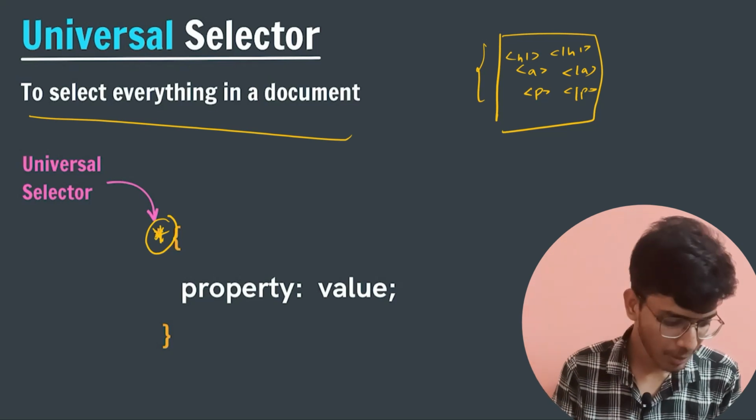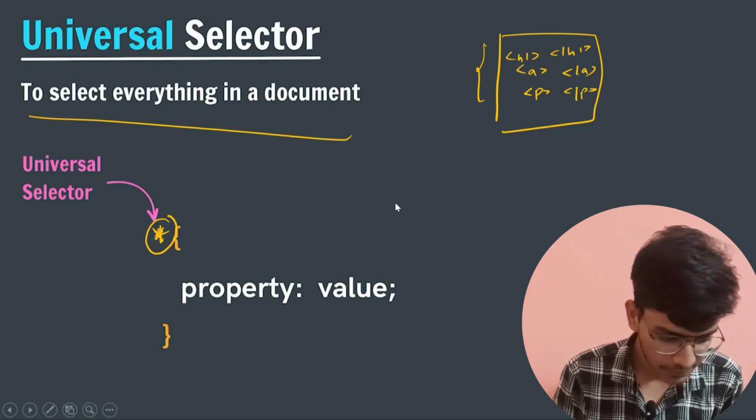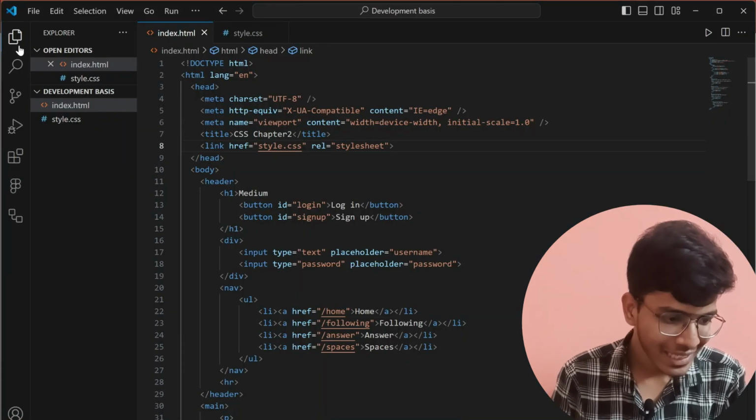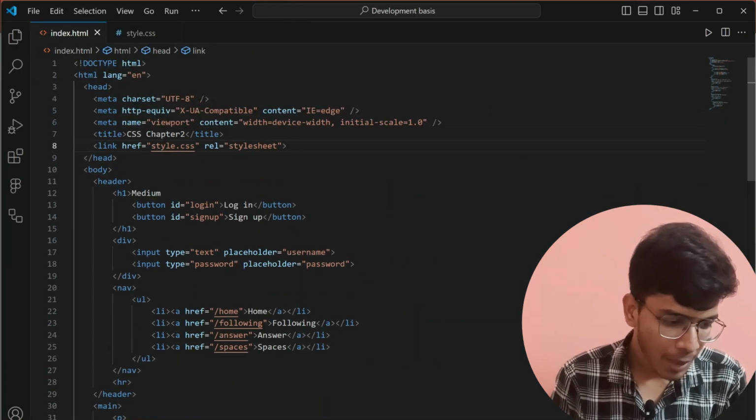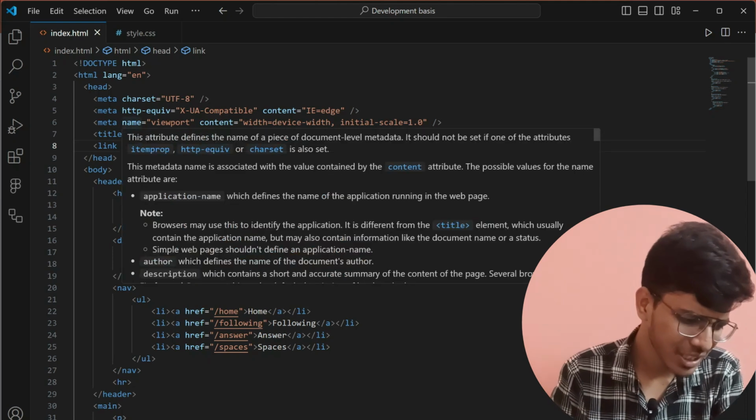Right, so let me show you how a universal selector works. In my VS Code, I'm having index.html. In that, I'm having like this is the basic structure of my